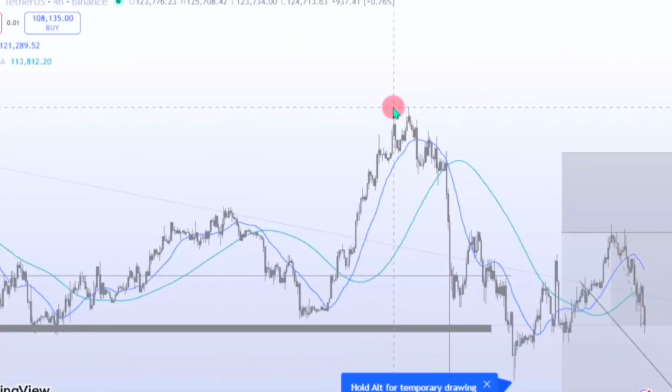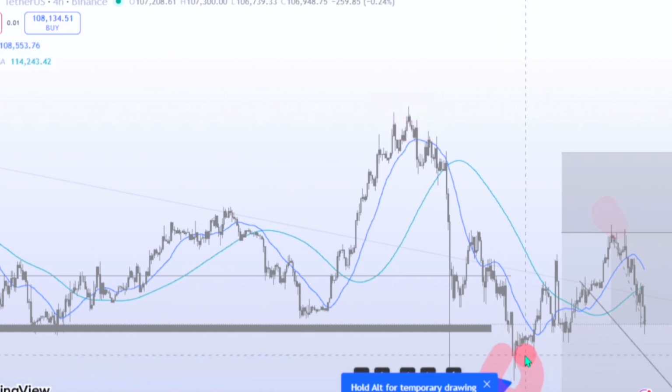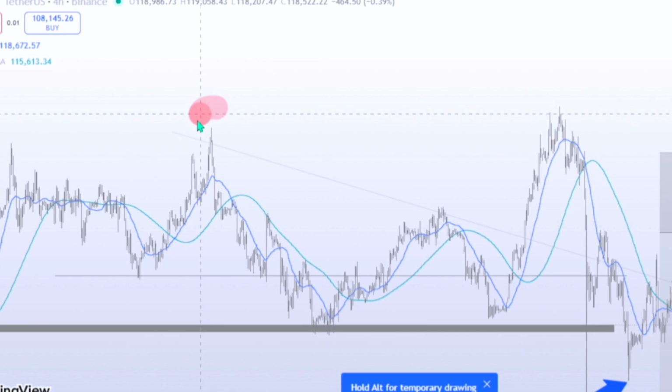Now, let's talk about the 3 types of liquidity we are going to be focusing on in this particular video, which is the buy-side liquidity, the sell-side liquidity, and the range-bound liquidity. The buy-side liquidity refers to a cluster of buy orders above a certain resistance level in the market, just like I've showed you in the example of liquidity inducement. It is the cluster of buy orders when there is so much buy order above a particular resistance level.